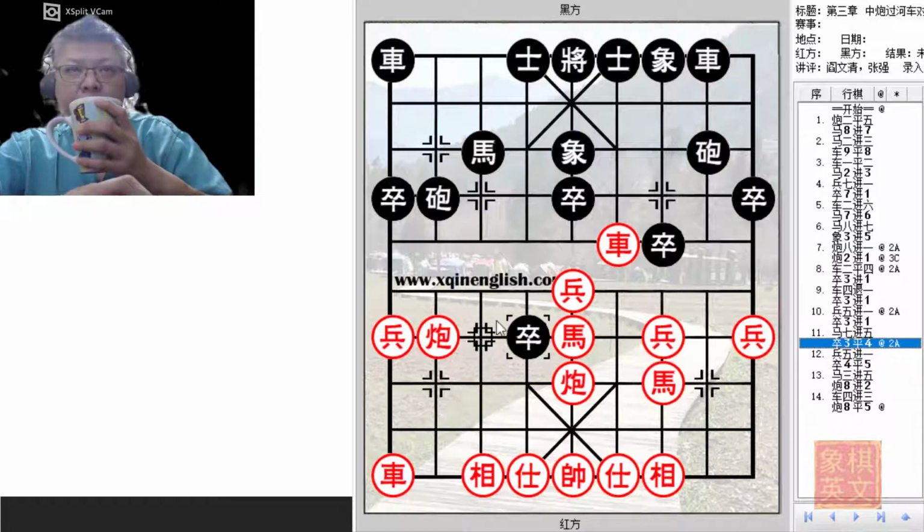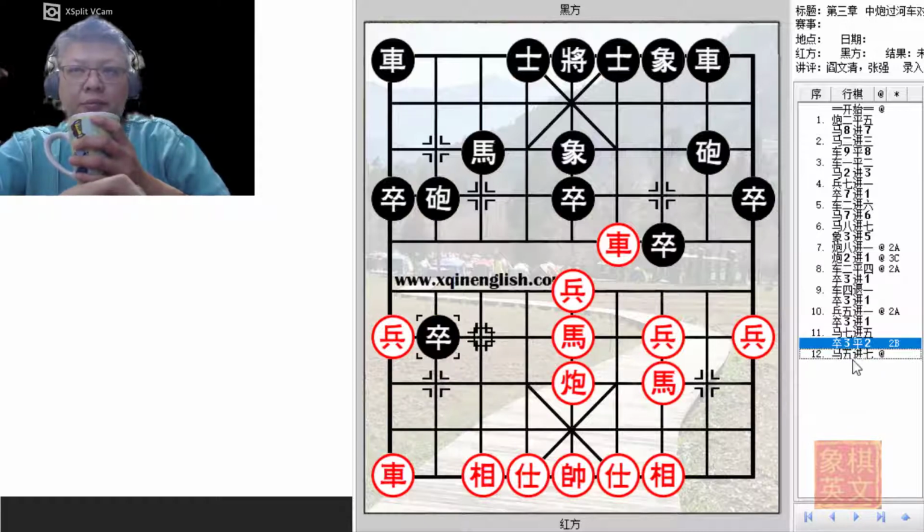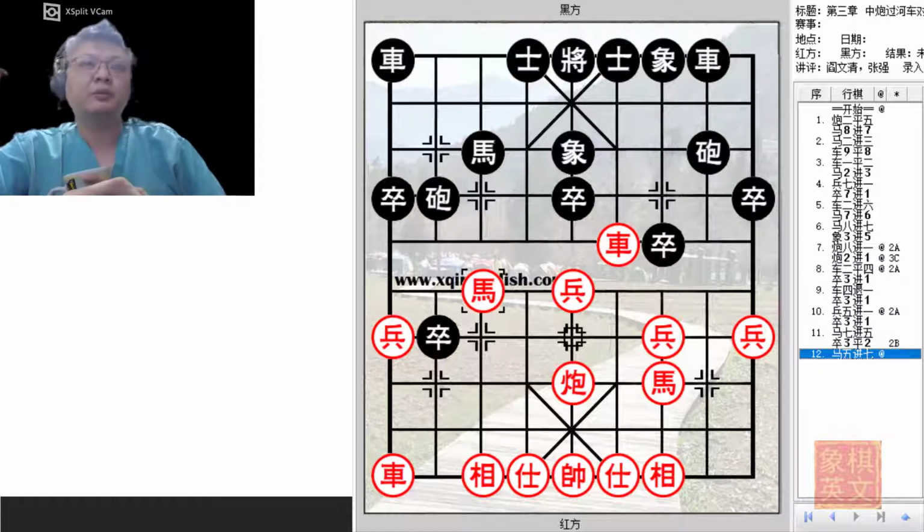Now, the issue of the pawn, which piece should attack? Should it capture the cannon immediately and allow the horse, or allow Red to mount an attack on the central file? Or let's say if he captured the cannon, so after counter sacrificing a piece, there'll be 1 2 3 4 5 on each side. So both colors have the same material, but as can be seen,